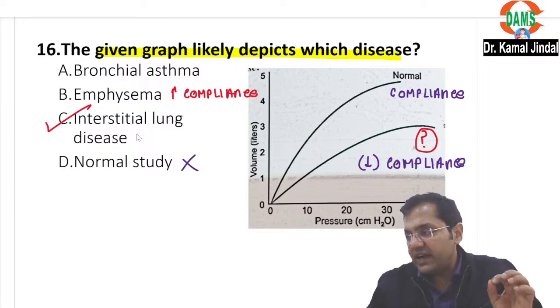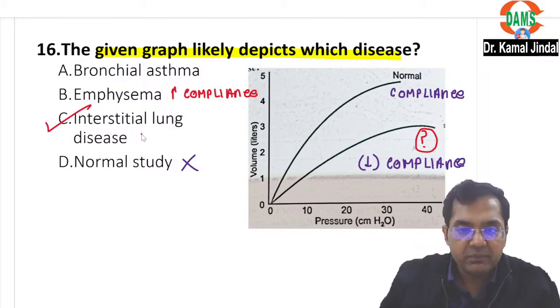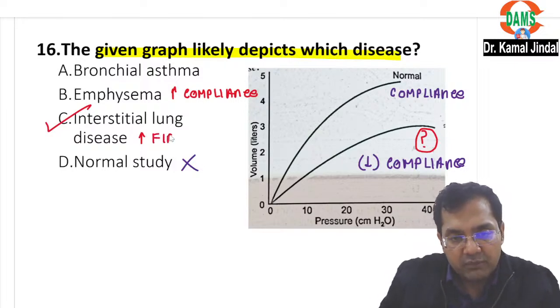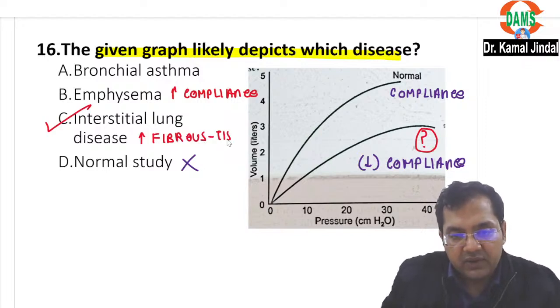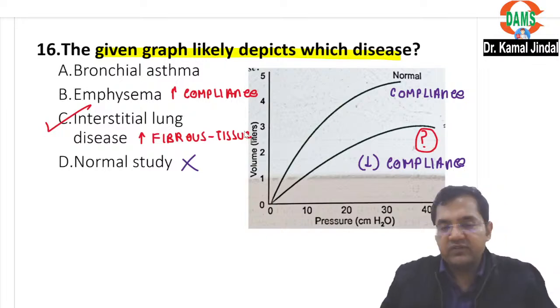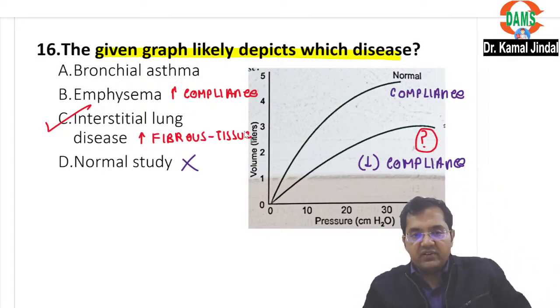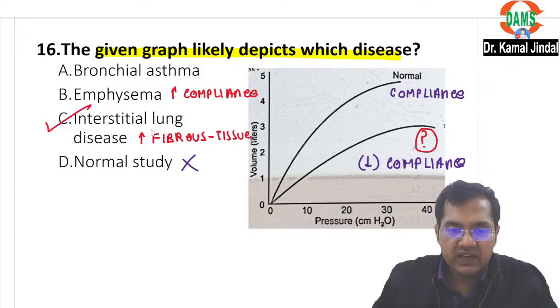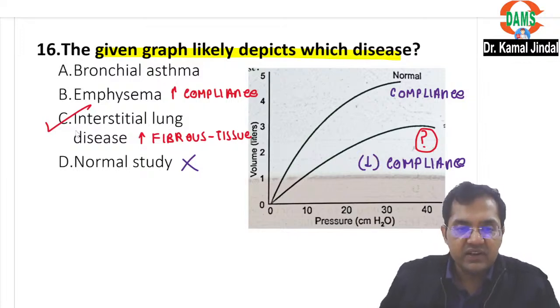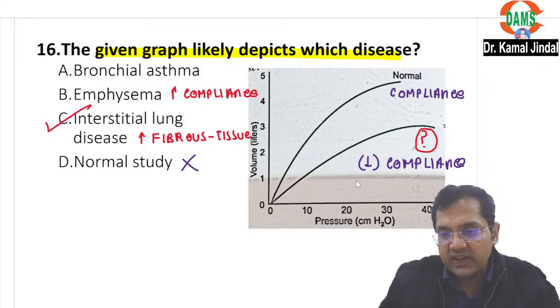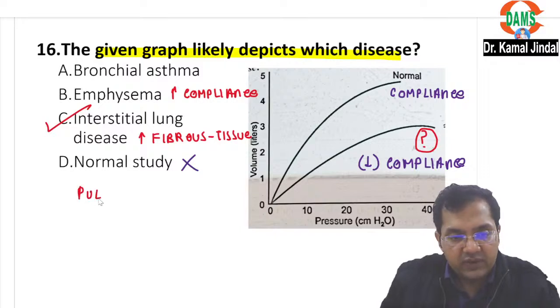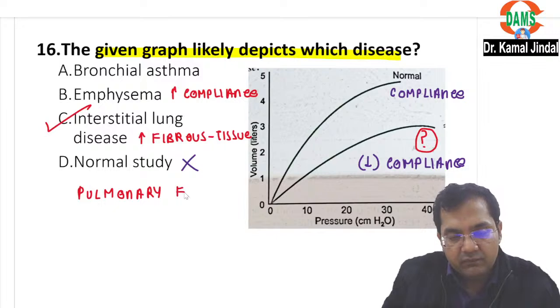becomes thick and is replaced by fibrous tissue. Because there is increased amount of fibrous tissue. Remember, fibrous tissue does not stretch. That means compliance has reduced, right? So this is interstitial lung disease. Another causes of decreased compliance could be something like pulmonary fibrosis